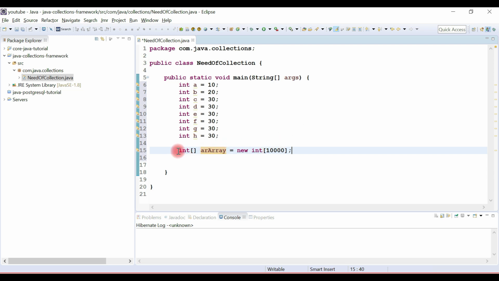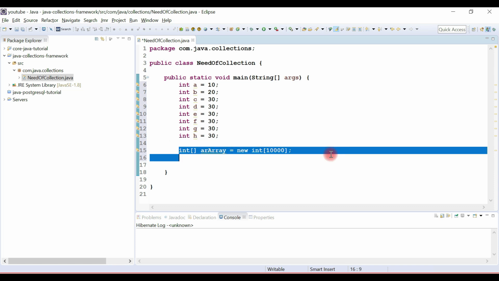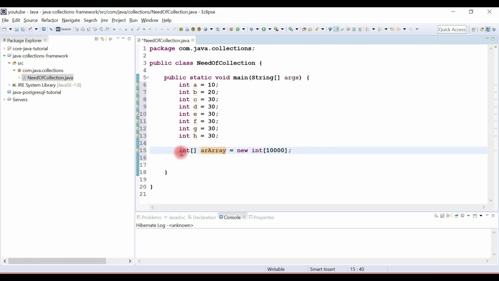If I create an array with size 10,000, something like this, and let's say I want to store 20,000 elements in the array, it's not possible to change the size of an array later. Whenever we create an array with some size, there is no chance of increasing or decreasing its size as per our requirement. Alright, so this is the main disadvantage of an array, or we can say it's the main limitation of an array.